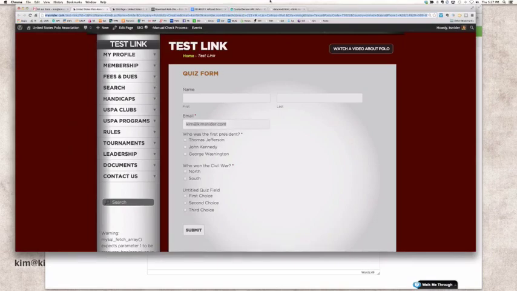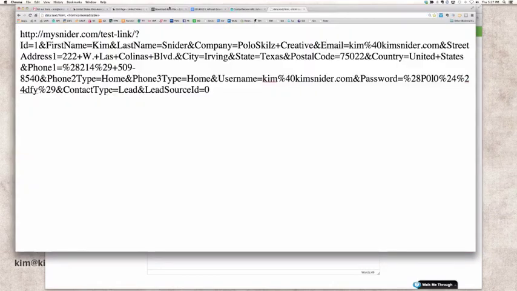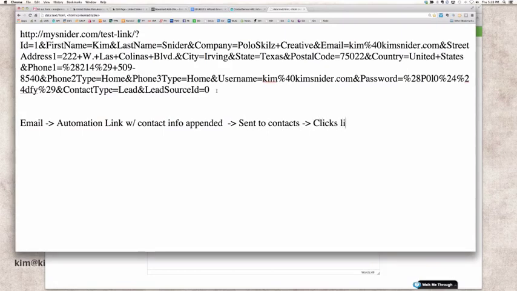So the sequence is, if I can find a neat way to write this out for you, you've got an email, which has an automation link with contact info appended, which gets sent to one of your contacts who clicks that link, which takes them to a website page with a Gravity Form,